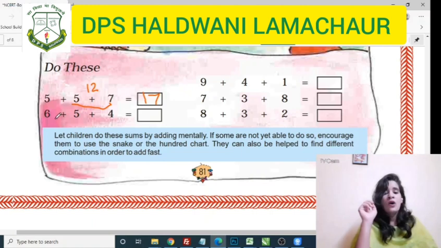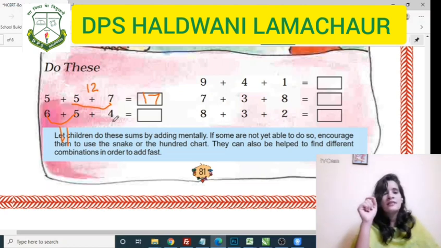Okay. Now I will add these 2 numbers first. Earlier I had added these 2 numbers first. Now I will add these 2 numbers first. 6 in my mind. It will be good if you take the big number in your mind. Whenever you are doing addition, you have to keep the big number in your mind. So 6 in my mind and you have to count till 5. Okay, 6, 7, 8, 9, 10, 11. So after adding these 2 numbers I have got 11.